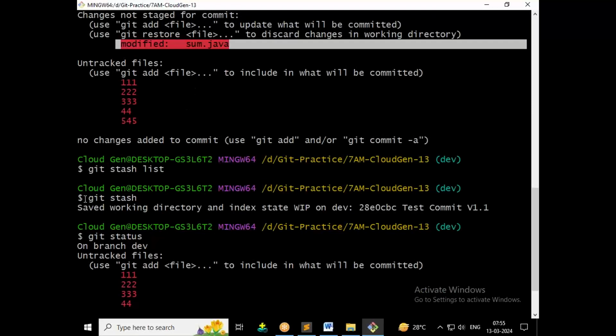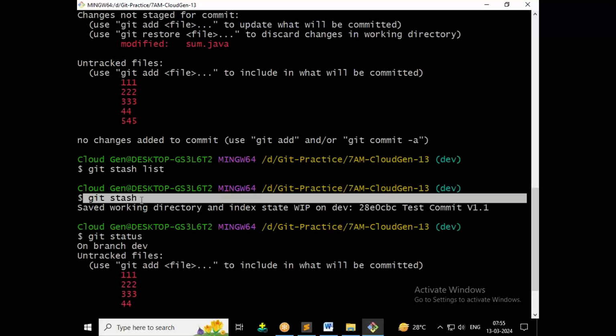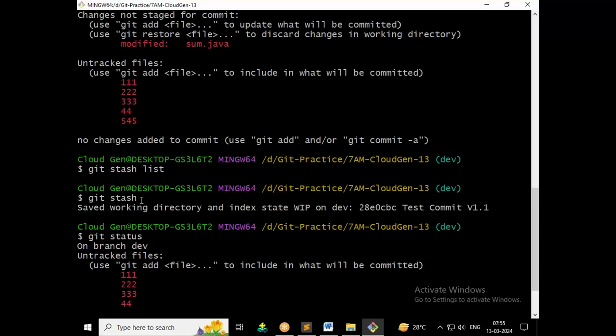If the working directory has deleted files along with modified files, those two kinds of files are eligible. Deleted files also. Right now modified files are eligible, but at that time we don't have deleted files, so we are in a little bit of confusion. I am saying that if deleted files are also available in the working directory, those files are also eligible to move